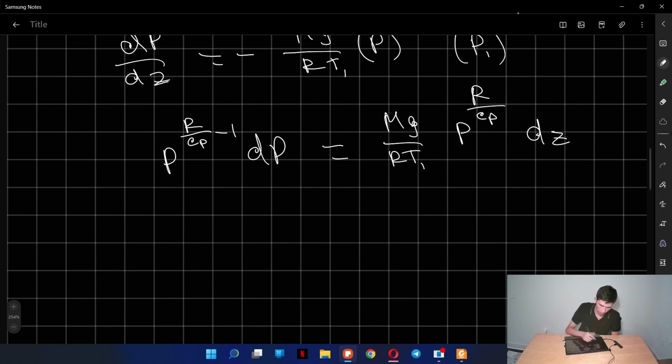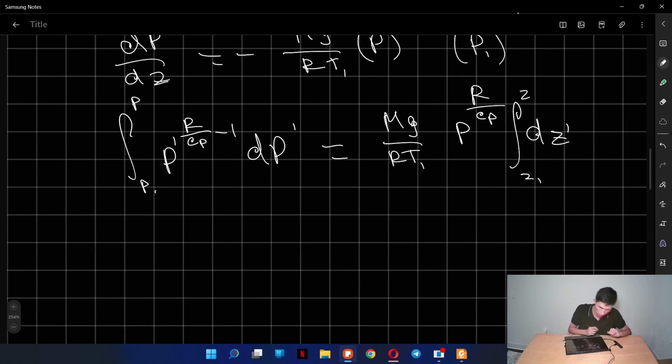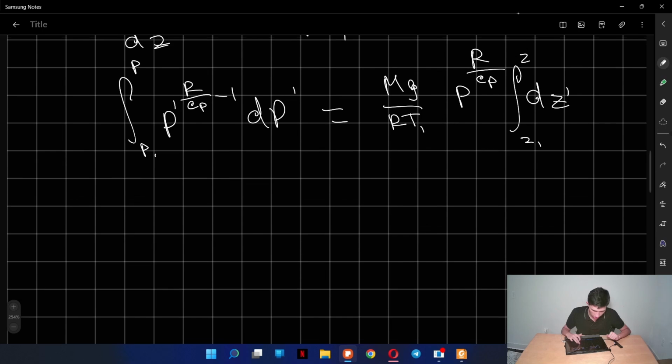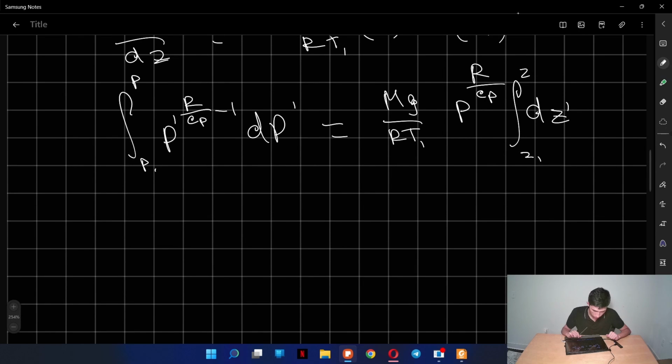And I'm going to integrate it from initial pressure to some pressure, and for this one I'm going to integrate it from z initial to some height of z. And I'm going to make it a dummy variable of integration. Okay, when we take the integral, it's going to become